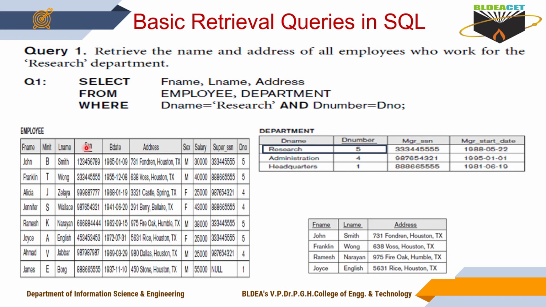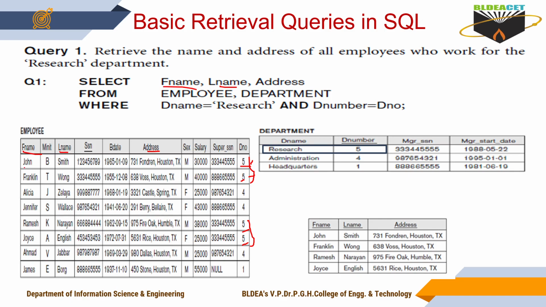Wherever you have department number 5, those tuples it selects. These are the two tuples and these are the two tuples. Actually, in SQL you call them rows. Where Dnumber and Dno are equal to 5, that condition is satisfied, it is true, then it retrieves those tuples or rows. What do you actually want to retrieve now? Only Fname, Lname and address. So it selects only the Fname, Lname and address.